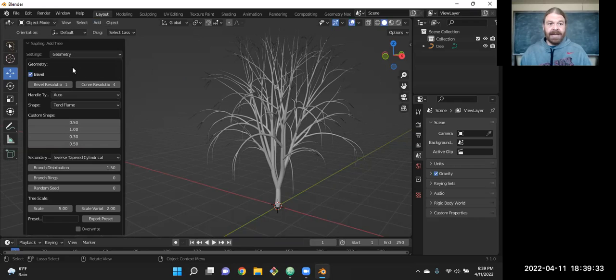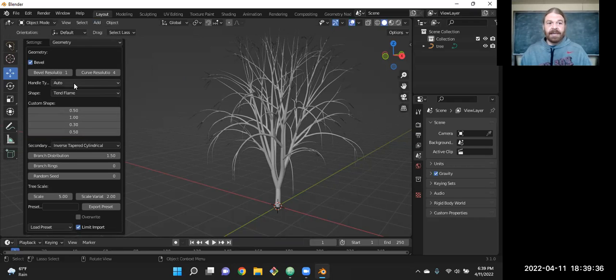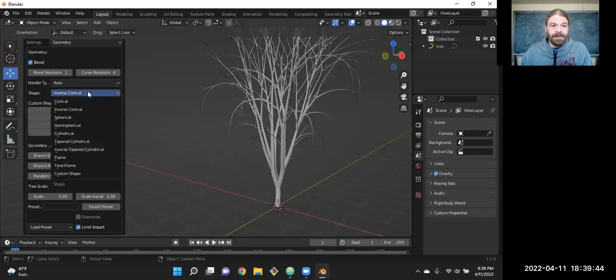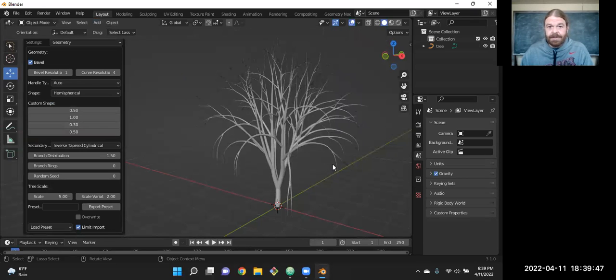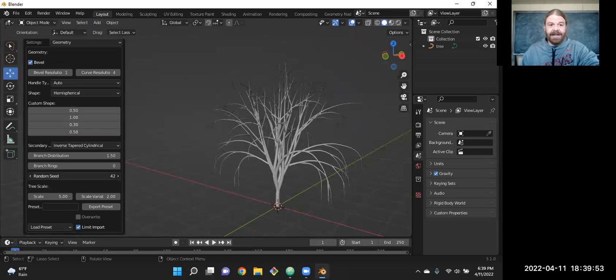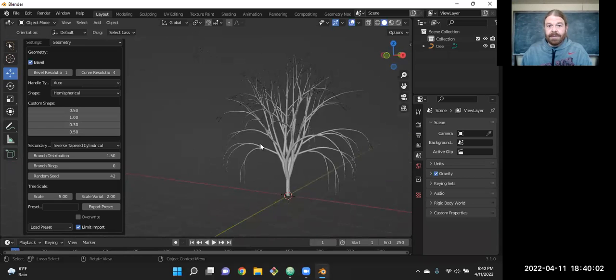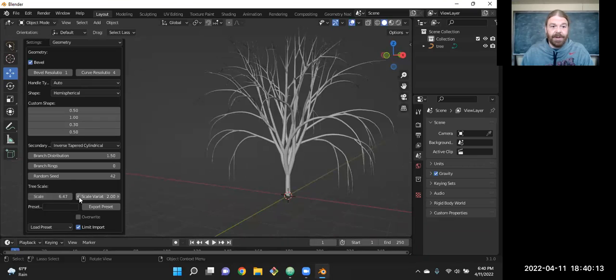So the basic geometry of the tree is the first set. And this is definitely something you're going to want to mess around with to get better looking things. Reverse conical or hemispherical. That looks more like an apple tree shape. The seed is sort of the starting value. I'm just going to adjust a random one. As you play around with it, you'll see different things. Fruit trees do better with more horizontal things. So I was just looking at these limbs. It's like, okay, those are kind of horizontal. That looks like a fruit tree. And scale it up or down, make it a little bigger.